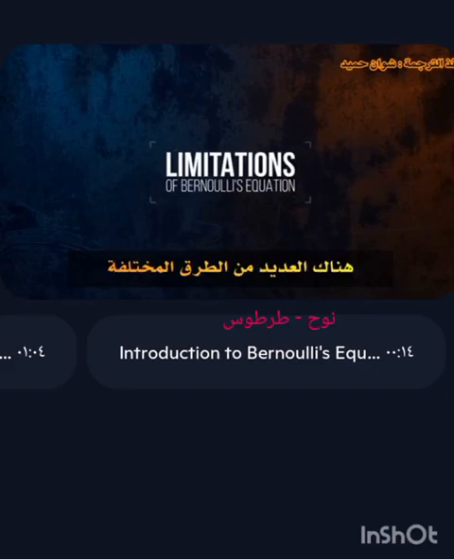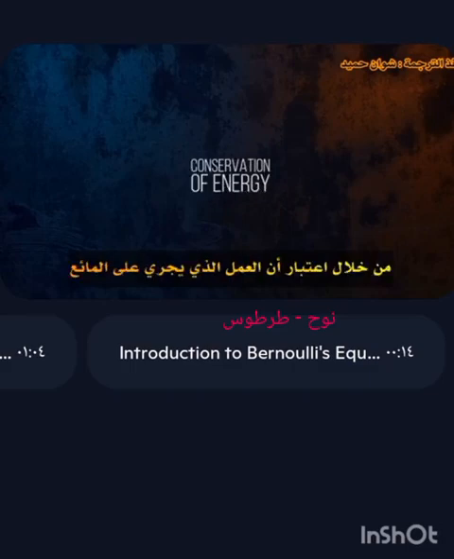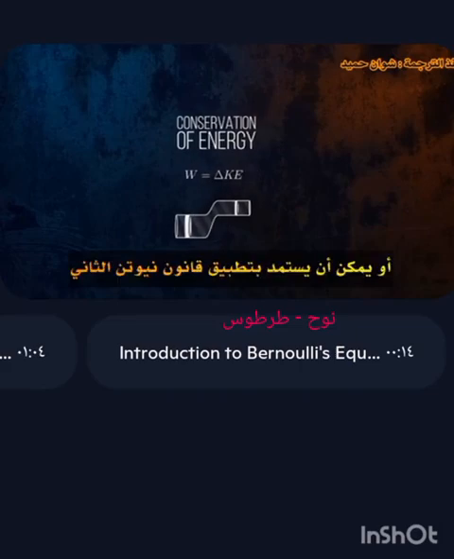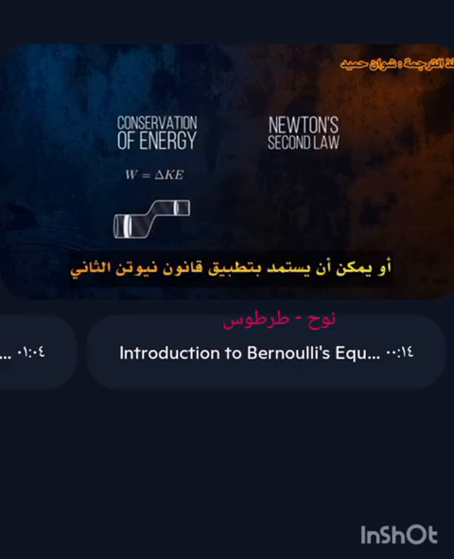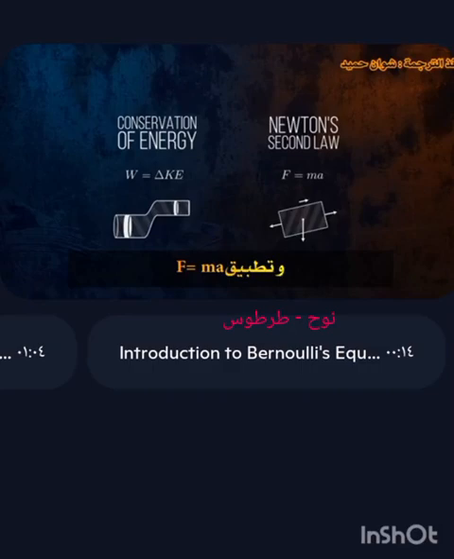There are several different ways Bernoulli's equation can be derived. It can be derived based on conservation of energy, by considering that the work done on the fluid increases its kinetic energy. Or it can be derived by applying Newton's second law, which involves determining the forces acting on a fluid particle and applying F equals ma. Although I won't cover either derivation here,